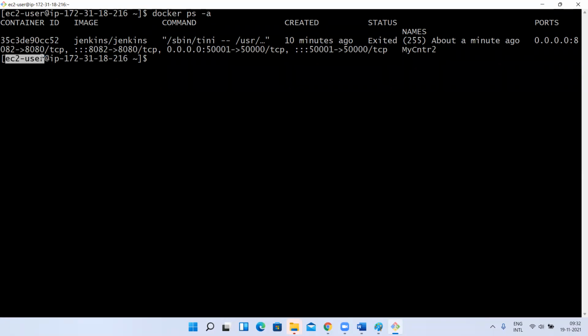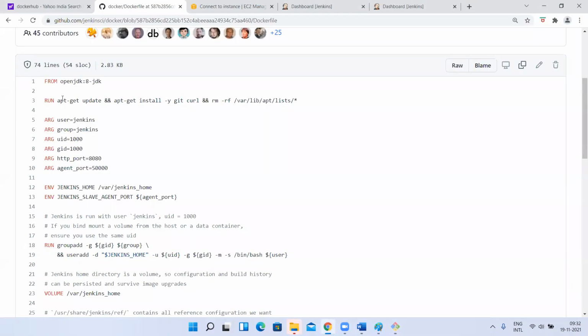Yes or no? Yes, sir. If I use groupadd or usermod, chmod, something, those commands will be executed only with ec2-user permissions. Yes or no? Yes, sir. So as we are using apt-get update, to execute this command on the base image, there should be some user to execute the command. Yes or no? Yes, sir.